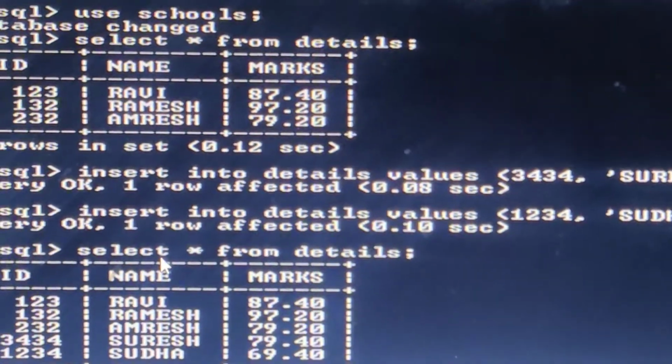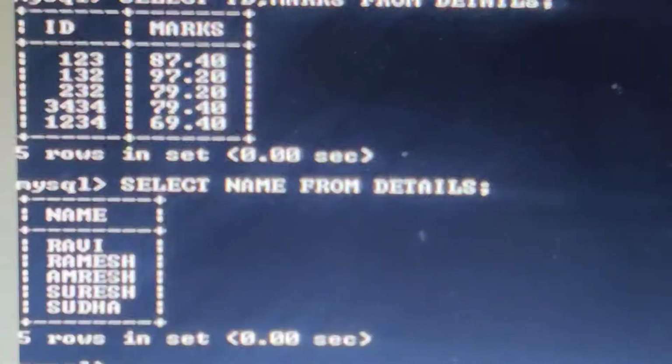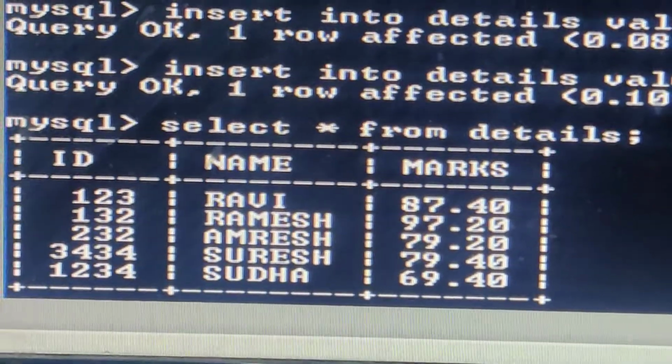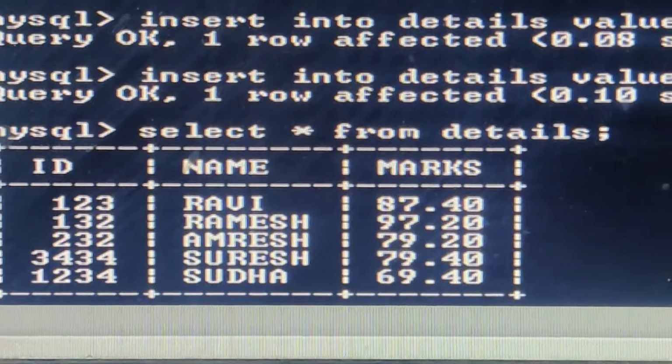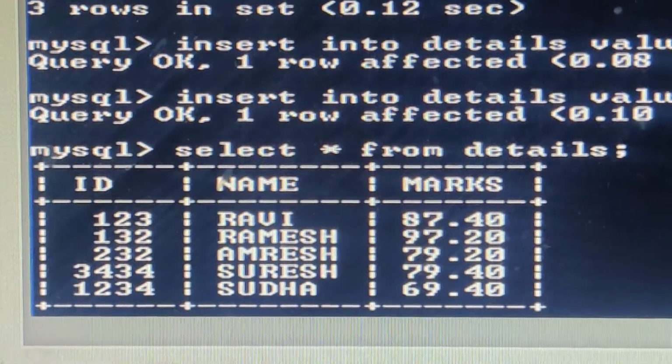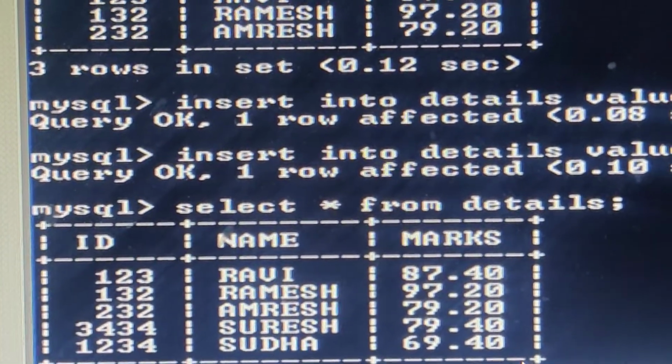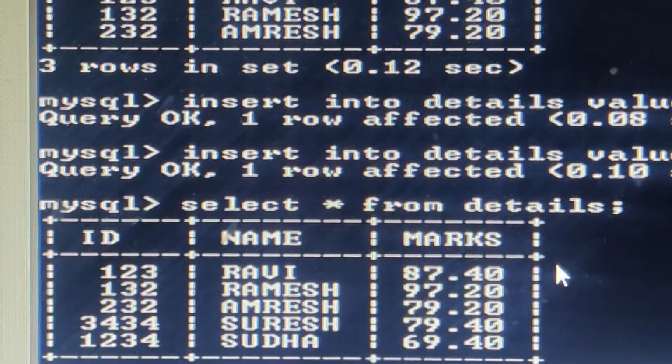Now if we want to see all the records from the table, we write select star from details. Now we are able to see a total of 5 records.